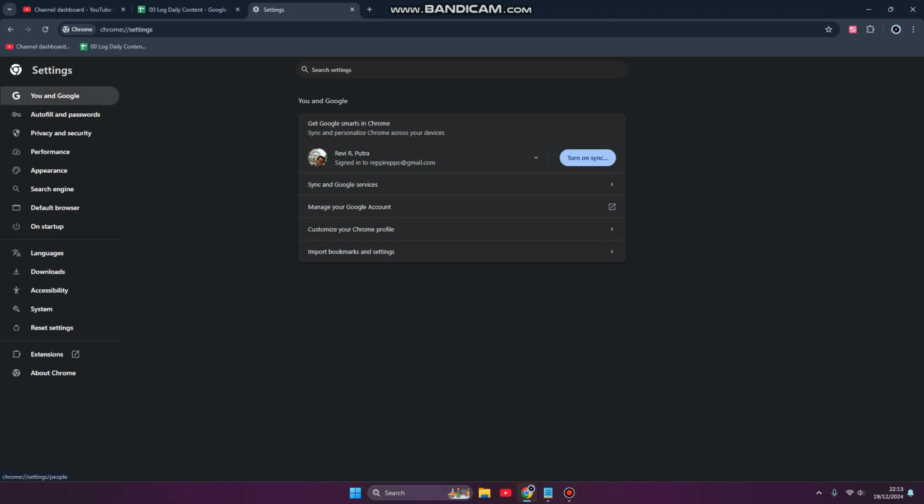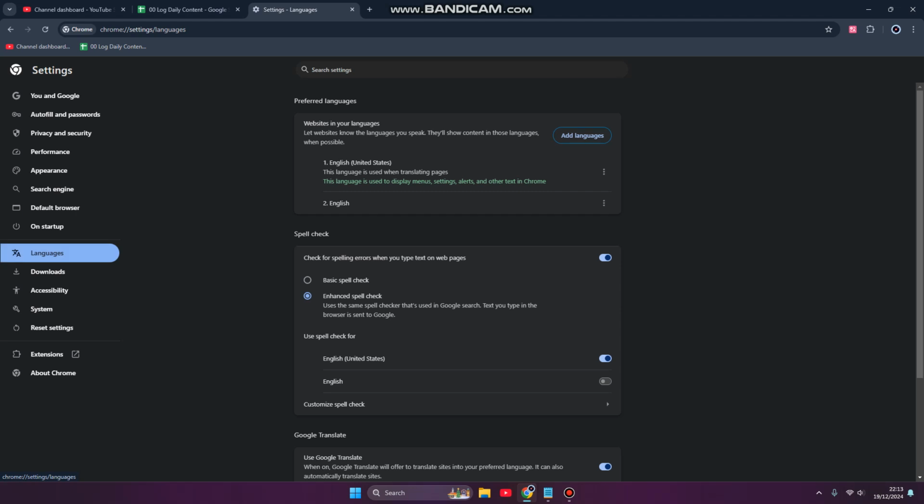Here, as you can see, there are some options that you can try. One of the options is the languages. Click it and here we go. The preferred language by default is English United States. This language is used when translating pages, and also this language is used to display menu settings, alerts, and other